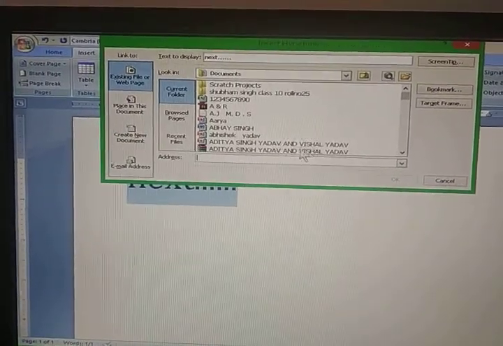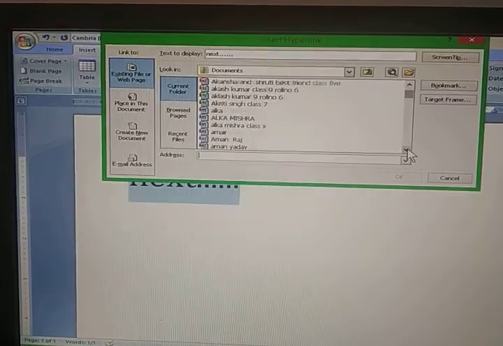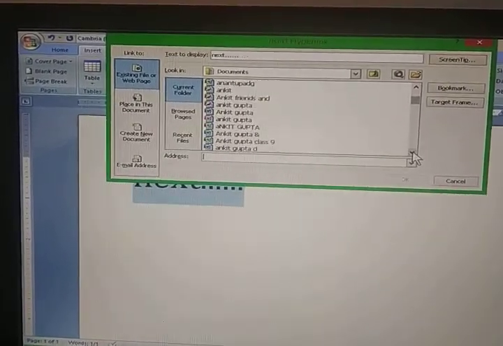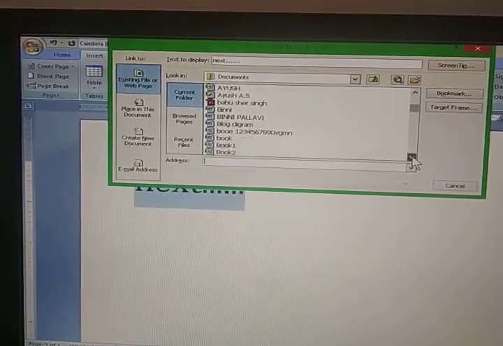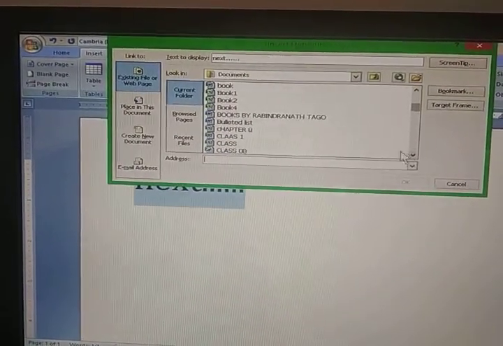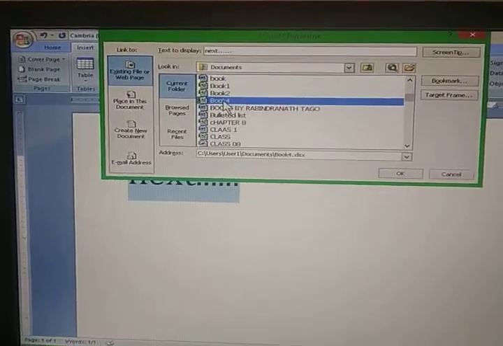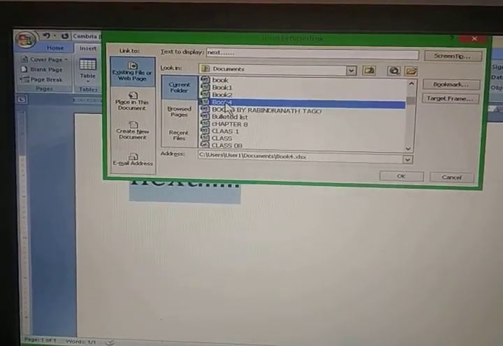The location is here. You will find the file which is to be connected, right? Here are different kinds of files related with different applications. So let me find the files. I have to select this Book 4, right? So I am going to connect the file with the Excel file, right?